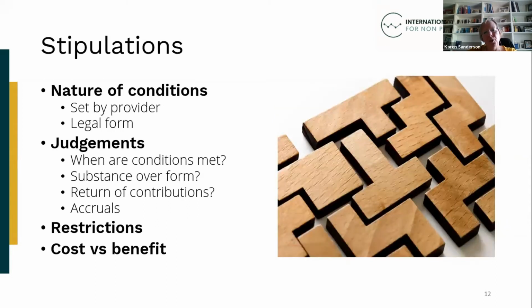So let's move on to another aspect of recognition around timing, which we saw earlier is a key issue for people. And it can be a challenge to decide in which financial reporting period revenue should be recognised, because some contributions and grants come with stipulations. Stipulations might be a condition that has to be satisfied, or a restriction that limits how the resources can be used by the NPO. So we're going to look at each of those in turn.